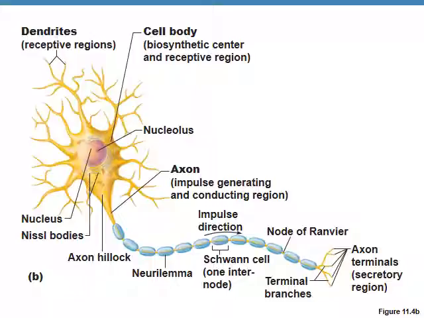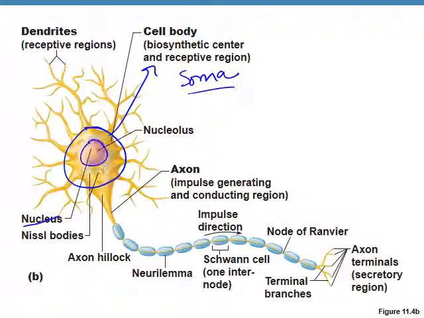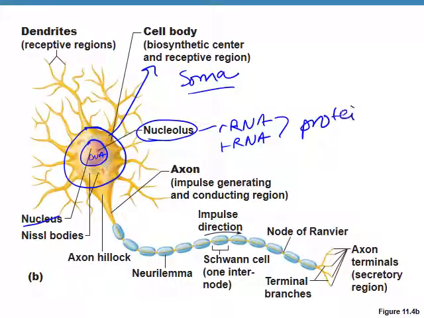On the previous slide, there were a lot of words. Let's just make sure we can understand what they are in the figure. So this is the cell body or the soma or the perikaryon. I call it soma. There's the nucleus. This is where your DNA is located. And then there's the nucleolus. Remember, this is where that ribosomal RNA, transfer RNA, anything that you're going to need to make a protein or do translation comes from the nucleolus.